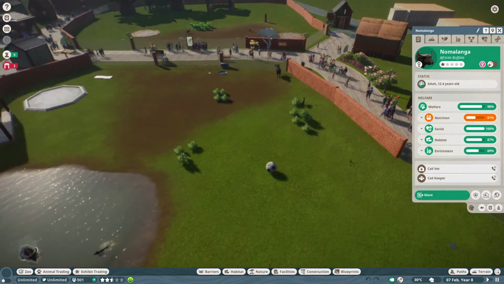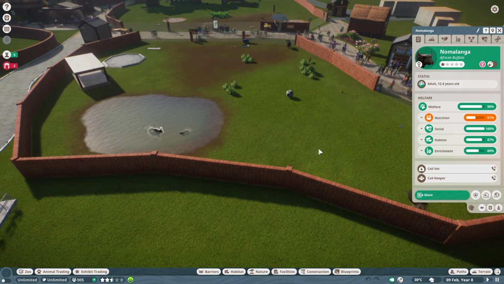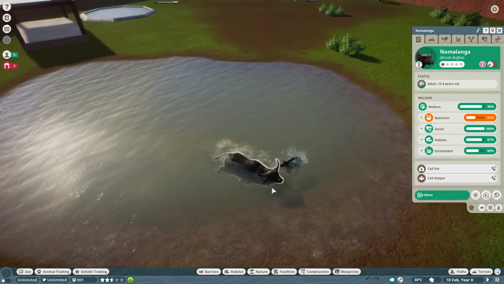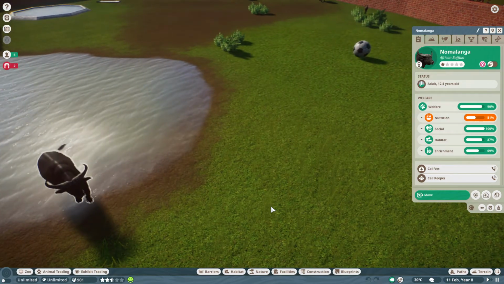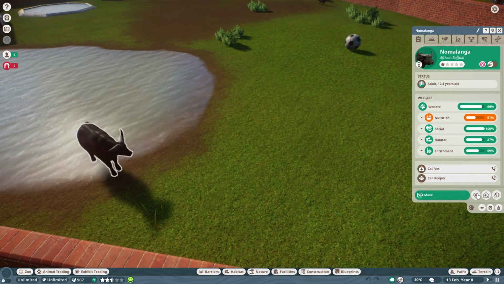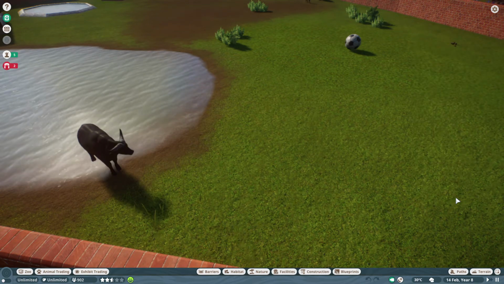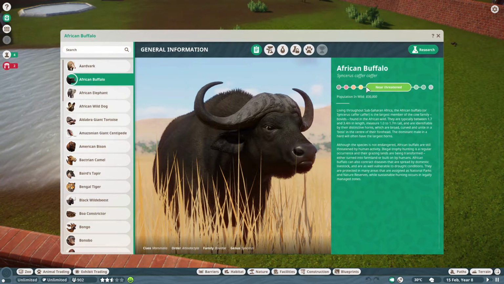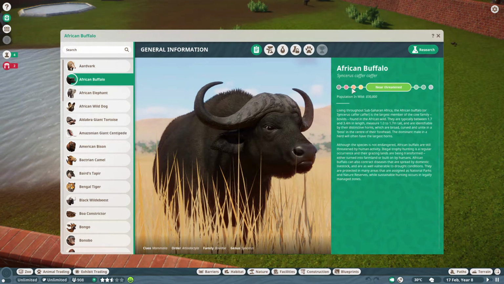So here's basically the enclosure for the African buffalo. See, I've made a small pool too because they like to swim a lot. Without a pool, you cannot actually maintain the happiness of an African buffalo. I'll go to the encyclopedia, the Zoopedia, once. It's basically called a Zoopedia. It's actually an encyclopedia. So here you can see that it's nearly threatened. The species is nearly threatened, and